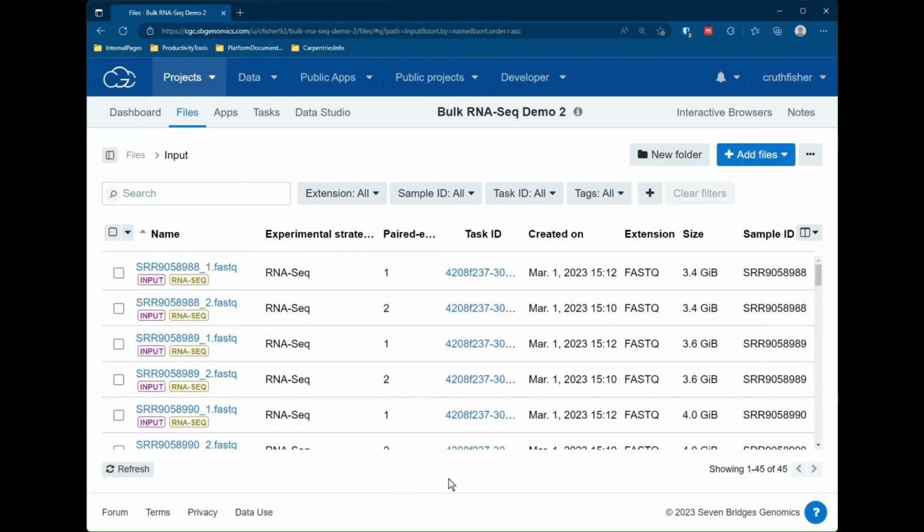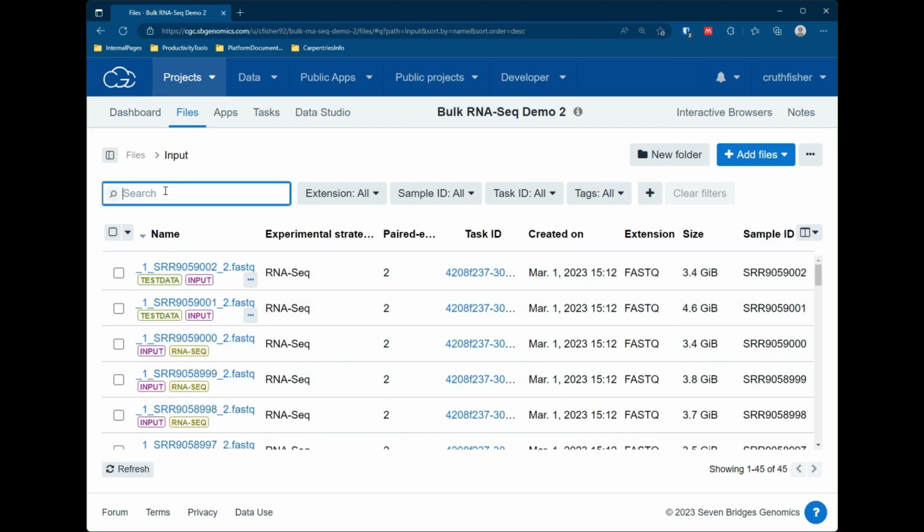However, look at what's happened. I now have 45 files instead of 30 files. And that's because the Cancer Genomics Cloud doesn't clobber your files. It tries very hard to maintain your files, and your files are immutable. So rather than try to overwrite anything, it made a new link to this file and prepended the name with _1_. That's helpful because it means I can search for _1_,